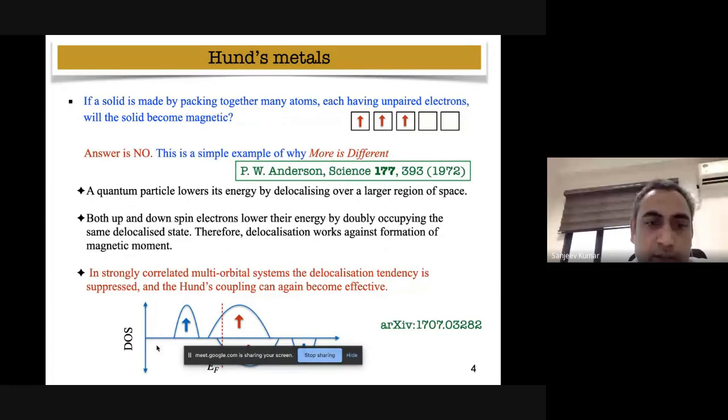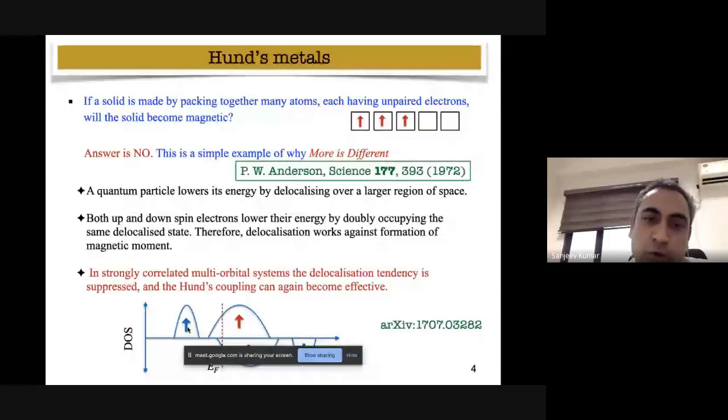Let me just clarify, the x-axis is energy and the y-axis is density of states, and up density of states is plotted on the positive side, and down density of states is plotted on the negative side. So in multi-orbital systems, it may happen that certain orbitals have a stronger localization, and therefore